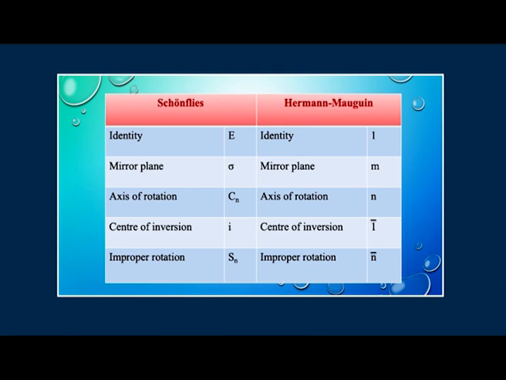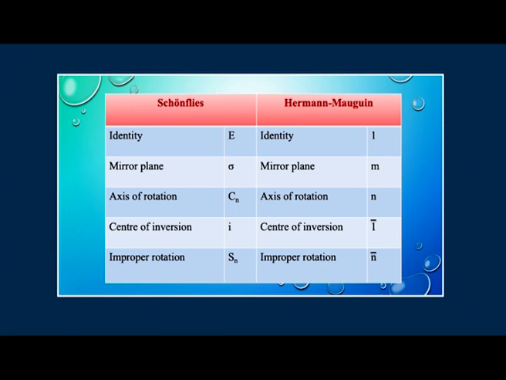The identity operation is symbolized as E, that is capital letter E, in Schoenflies notation, whereas it is represented as 1 in Hermann-Mauguin notation. A mirror plane is represented as sigma in Schoenflies, while it is m in Hermann-Mauguin. The axis of rotation is represented as Cn in Schoenflies, while it is n in Hermann-Mauguin notation. The center of inversion is denoted as i in the Schoenflies symbol system, whereas it is 1 bar in